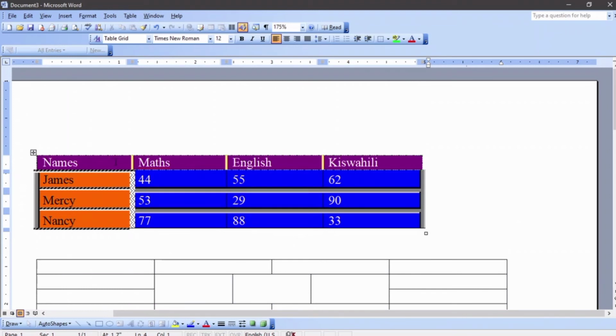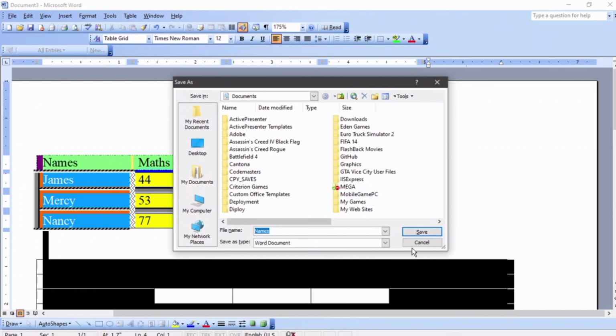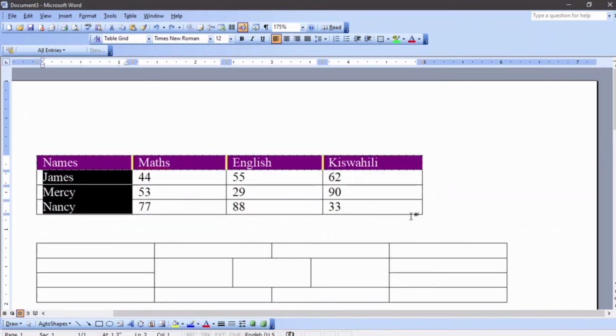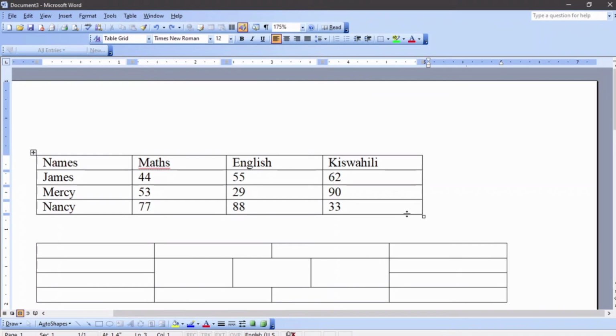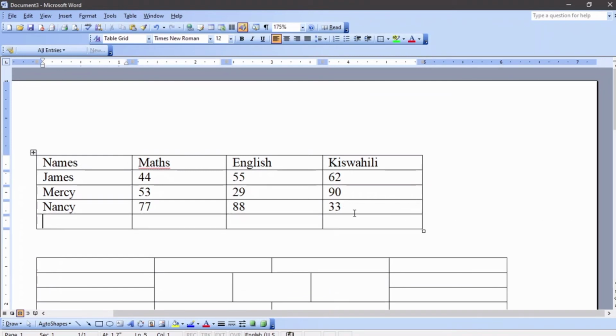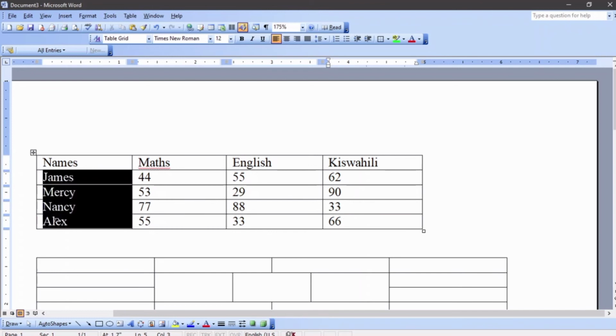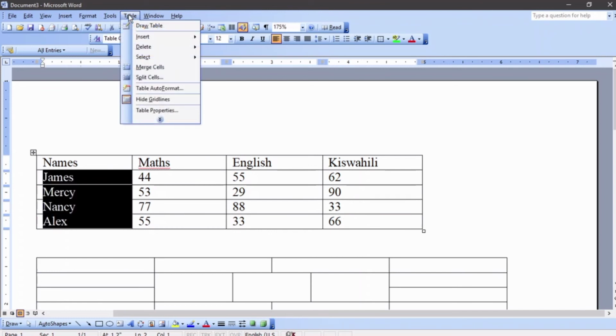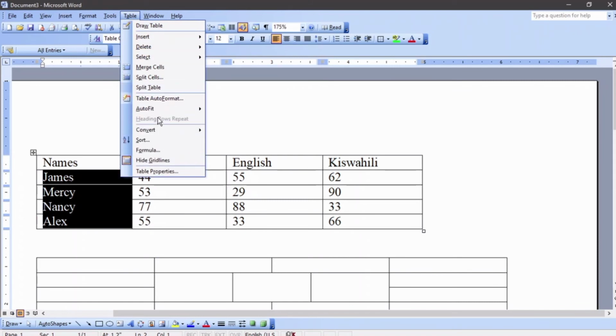So the next thing we are going to learn is how to sort. So let us learn how to sort. So I'm going to add a record here, maybe Alex. Okay, so if you want to sort your records, you have to select, okay, and then come to table, and then come all the way to sort. Okay, sort,